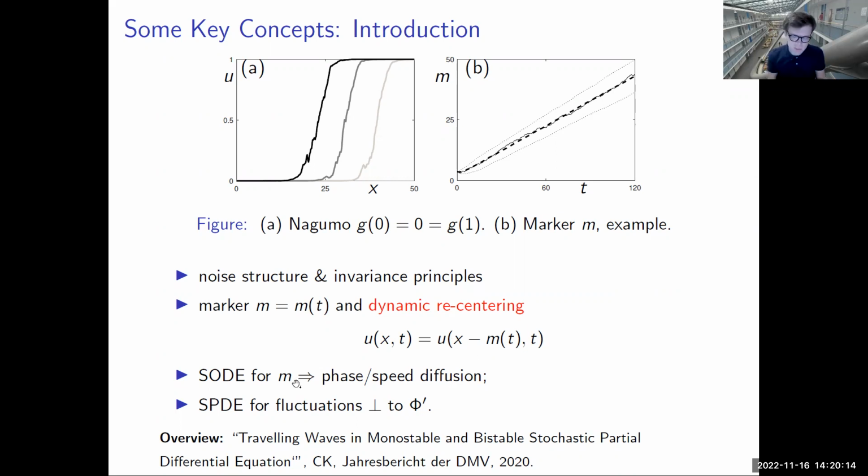And the basic principle of this stochastic traveling wave business is, in the end, the wave speed c is not fixed, but you will obtain the dynamics for this marker itself. So there will be a low-dimensional, in this case one-dimensional, stochastic ordinary differential equation that tells you how this marker is evolving. So how this wiggly path here on the right is evolving. And this is basically the evolution of the phase of that wave. And it gives you an idea how you are wiggling around the deterministic wave speed if the noise is sufficiently small.